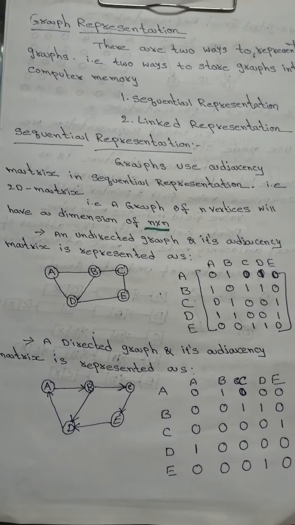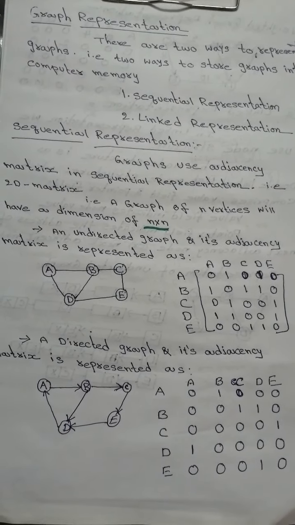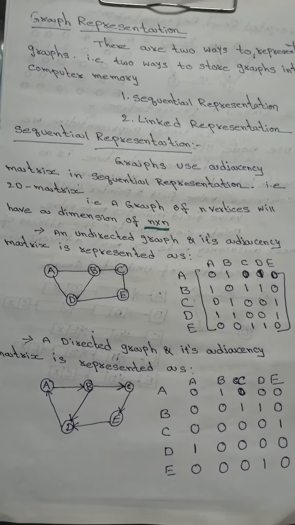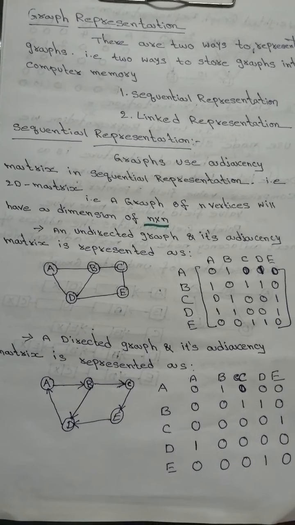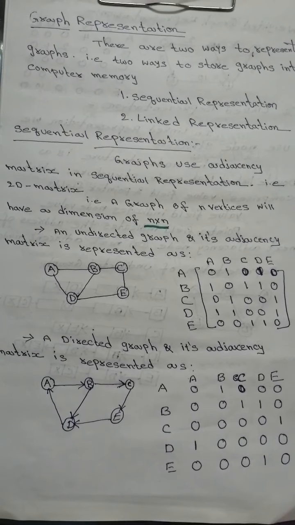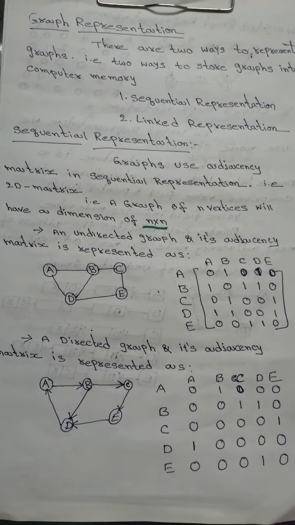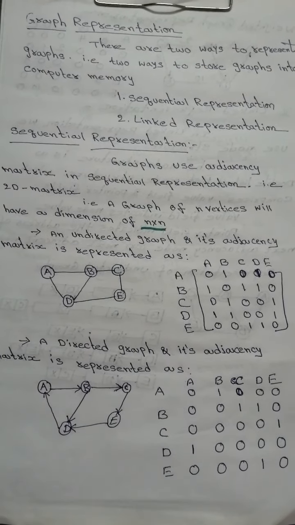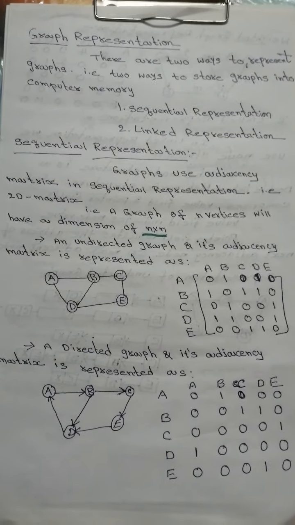Why do we maintain these two-dimensional arrays and linked representations? Suppose consider Google Maps, where we fetch the route from one location to another location. What we need to identify there is the route, that is, the connectivity between places, moving from place A to place E.